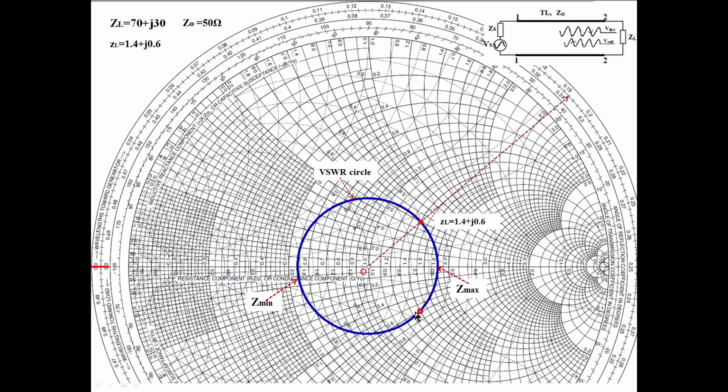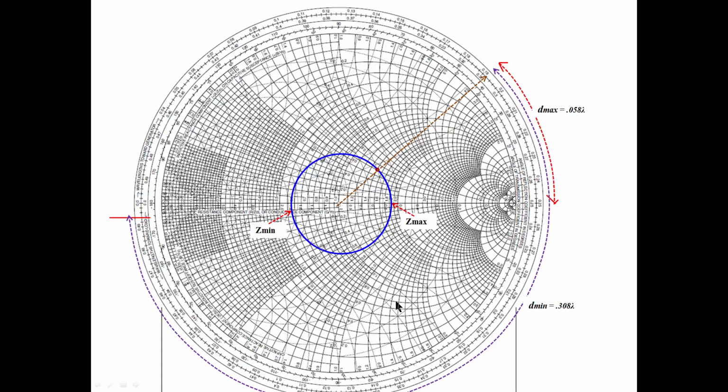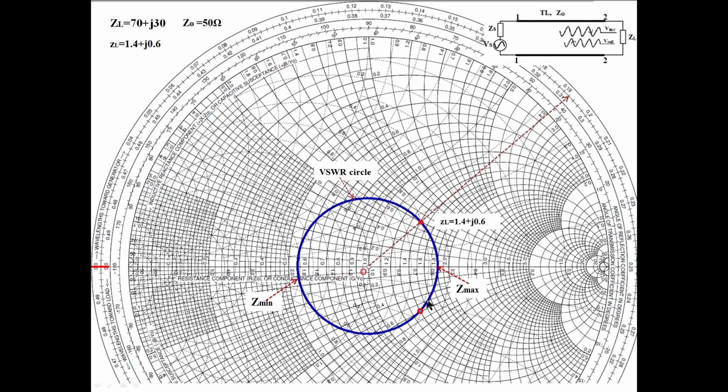And what is the X value? You see the reactance circle passing through this point. What is the value of the reactance? This is zoomed out, so I cannot see clearly, but some value is there. It is around 0.8 or 0.7. I think maybe the 0.7 circle. The reactance value is 0.7.